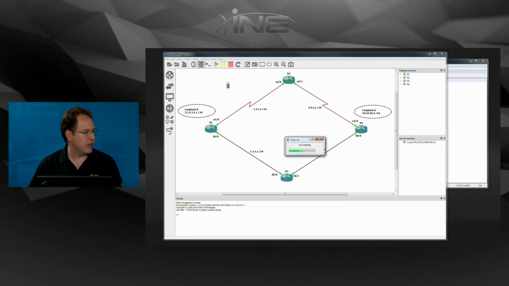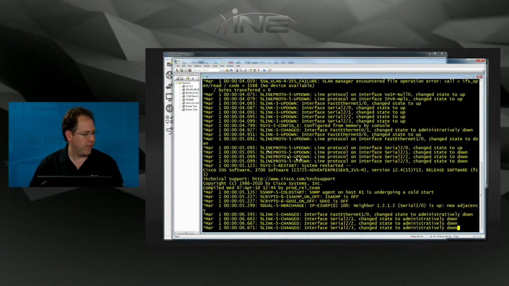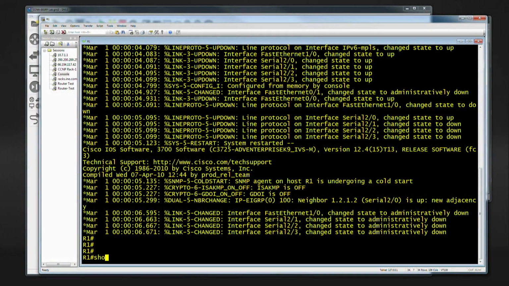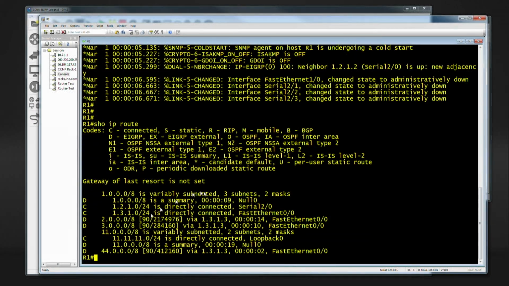Let's go ahead and start the routers up. And let's go into router 1, and we're going to look in his routing table. We're going to see, according to his routing table, if he was going to route packets to the 44.44.44.0 network, what would his egress interface be? Where would he send those packets? Show IP route. And we can see he's learned of that network, and he would route them out the fast Ethernet link,